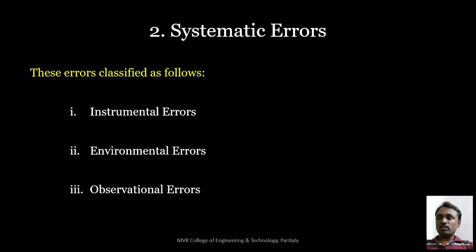So the parallax error is generally made by humans, but it occurred because of the analog instrument, not because of the digital instrument. If there was a digital instrument, there would be no observational error. So that comes under systematic error. So these are the main three classifications in systematic errors. So we can see the first one,